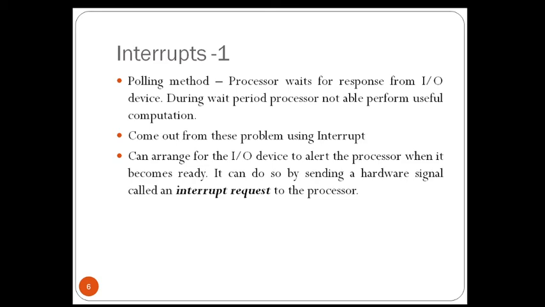So we have three buses: address bus, data bus, and the control bus. The control bus will have an interrupt request line that is dedicated only for this purpose. Then the processor is no longer required to continuously check the status of the external devices. So it can use that waiting period, when the processor has nothing to do, for other useful functions. By making use of interrupts, we can eliminate such waiting periods. So this is the basic idea of interrupts. We shall study some examples now.